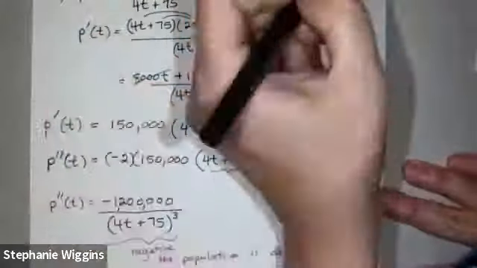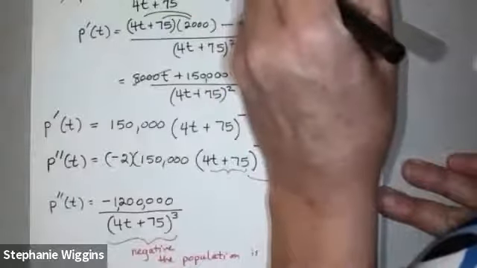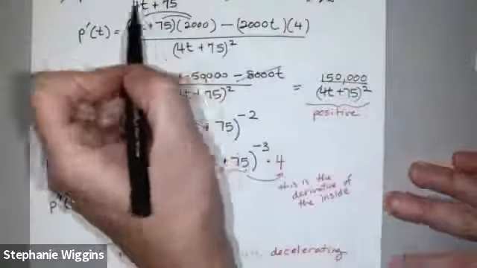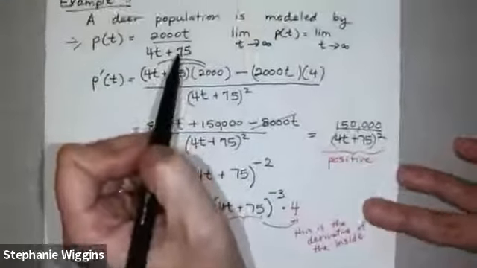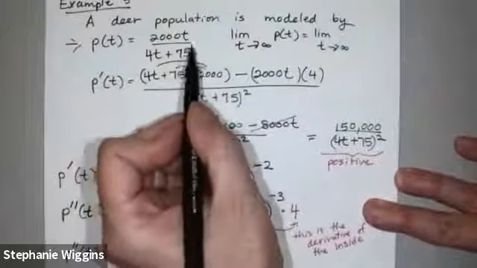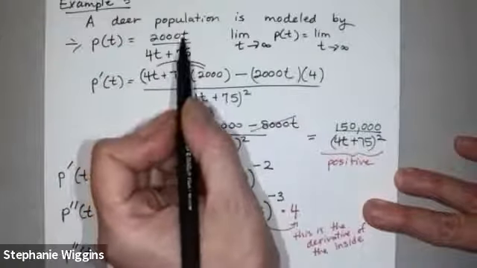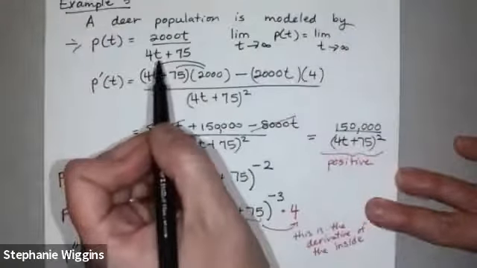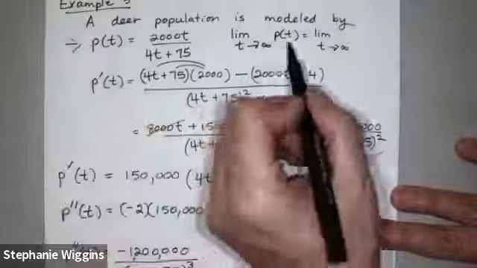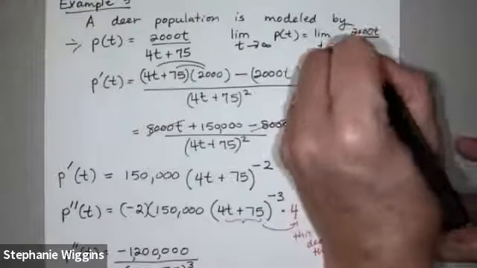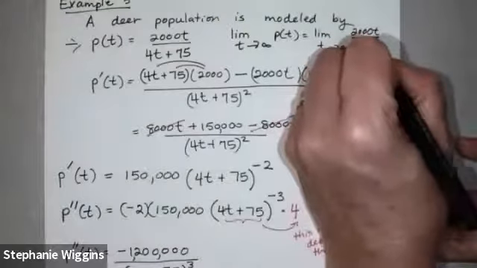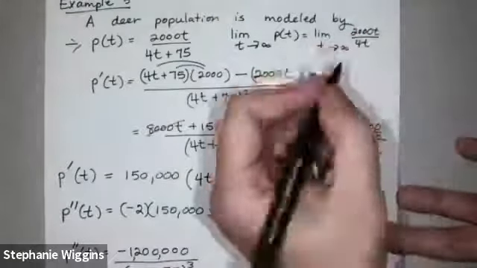Well, remember, for high values, the 75 becomes inconsequential when you compare it to these two powers. So this is going to be the same as 2000t over 4t, and if you simplify this,